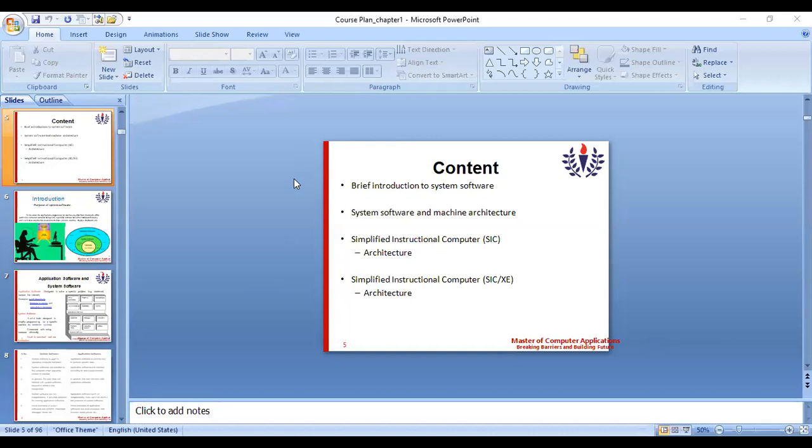In this session, we are going to discuss the definition and the difference between system software and application software, and machine architecture, especially the Simplified Instructional Computer, SIC and SIC/XE. These are the topics we are going to cover in this particular session.